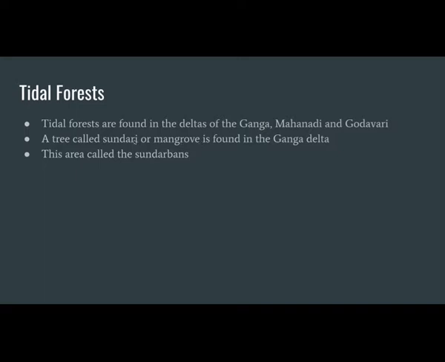Normally we say mangrove trees are seen in the tidal area. The tidal area is mainly the delta places, near the delta. Especially on the Bay of Bengal side, we can see the Sundarbans delta, and mainly the delta areas where there are basins. In that area, that type of trees grow, the tidal forest.